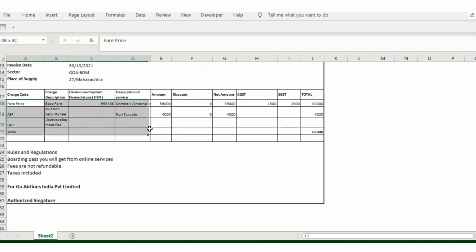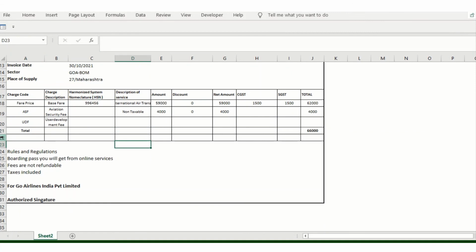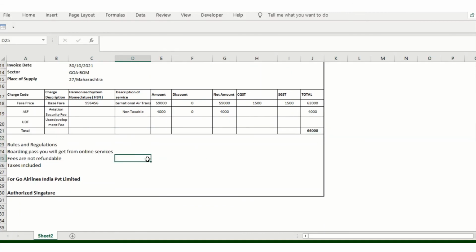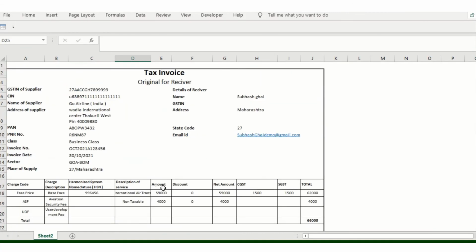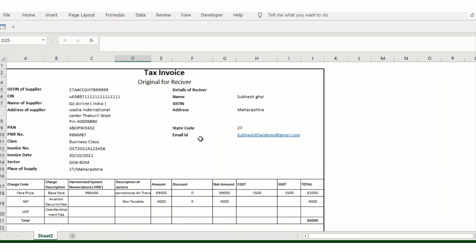Correct, you can change the alignment, it's your call how you want to keep it. And then I'll just delete this line. So this is how you can create your own tax invoices without hassle in MS Excel.